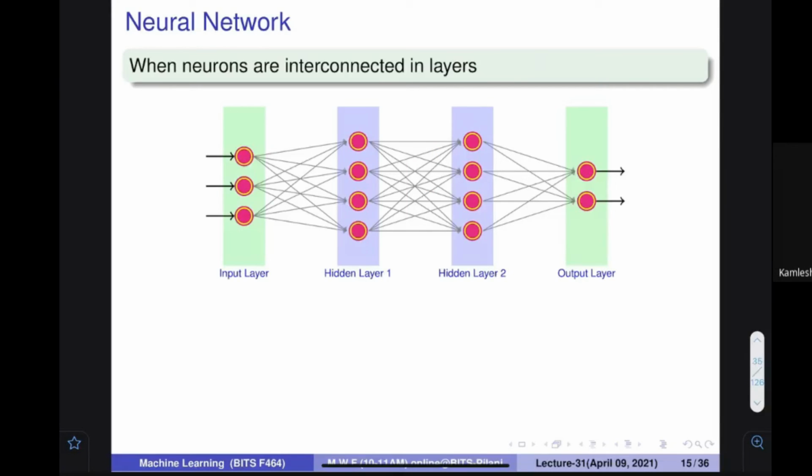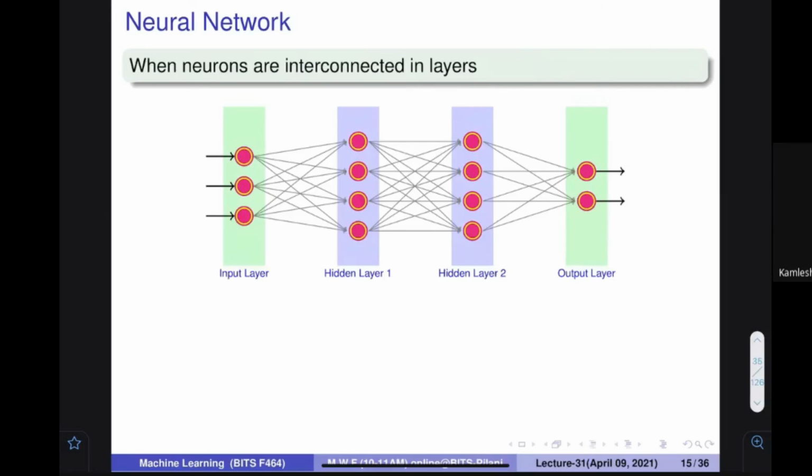If you want to reduce the number of connections, you actually set those weights to 0. Here, let's assume that in this layer there are 4 perceptrons, here 4 perceptrons, here 2 perceptrons, here 3 perceptrons. What this signifies we would be talking about later, but right now I wanted to tell you that based on your requirement, you can put the things into layers. We would come back to this in more detail very soon.